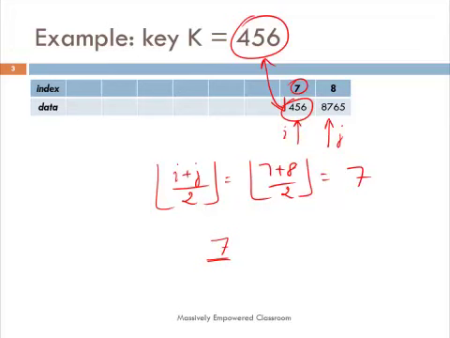In other words, the 7th element of the array is equal to the key, so that is the key that we were looking for. The important thing to note is there were many other elements here that never got compared to the key, and that is the efficiency that we obtain from binary search. Unlike in brute force or sequential search, we will not compare every element of the array to the key. We keep jumping to the midpoints, and we only compare the midpoints with the key element.